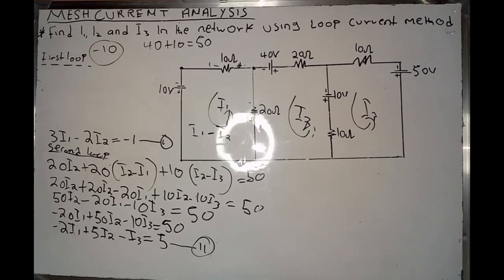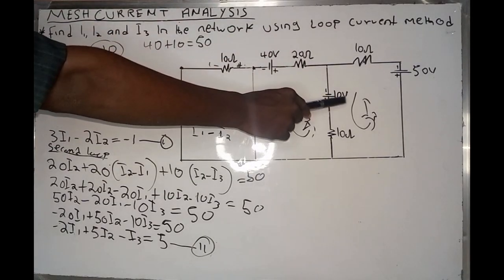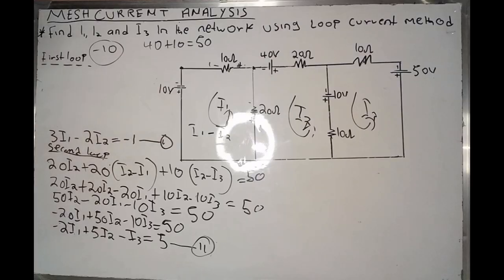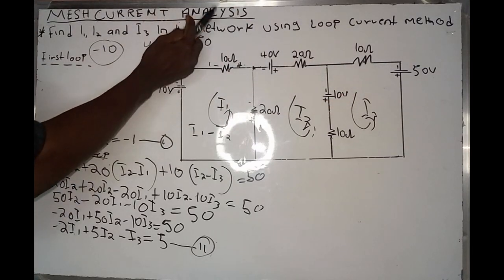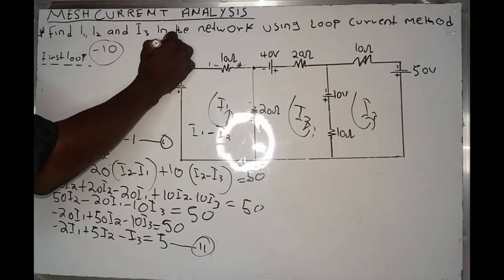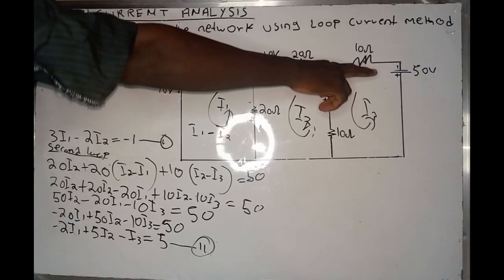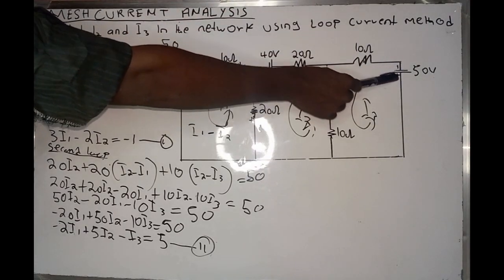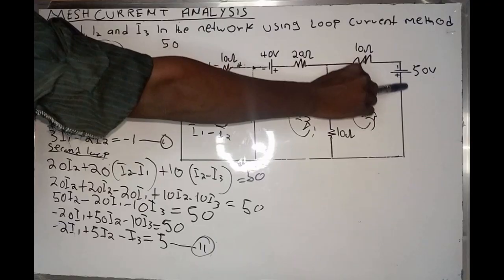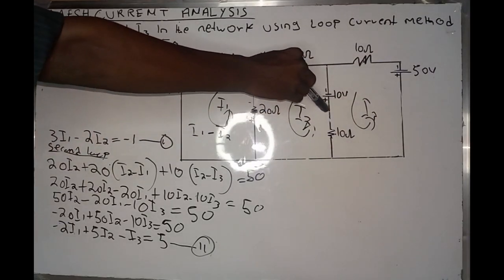So therefore we are having 2 voltages from the third loop. We have the negative, we have the voltage which was 10. But we have to start calculating from here. The voltage is from negative to positive. So therefore we have 50, because the current moved from the negative terminal to positive. So therefore we'll end up with positive. And also if the current comes here, it will pass the 10 ohm resistance and it will come to the